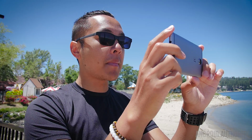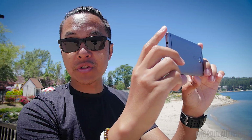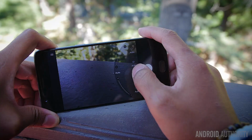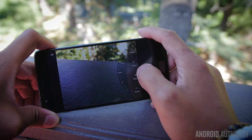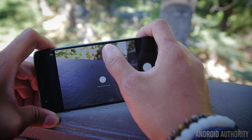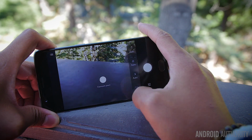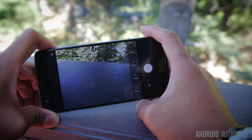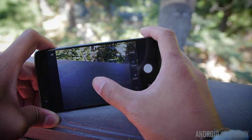But after that, you have the manual mode that allows you to change the shutter speed, the white balance, and even the focus points. And you also have a nice little feature that was introduced in the OnePlus 2, which is the ability to tap onto the area you want for your exposure and then move the focus point somewhere else. It's actually kind of nice, pretty intuitive,